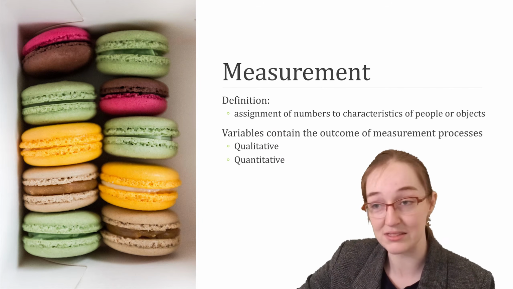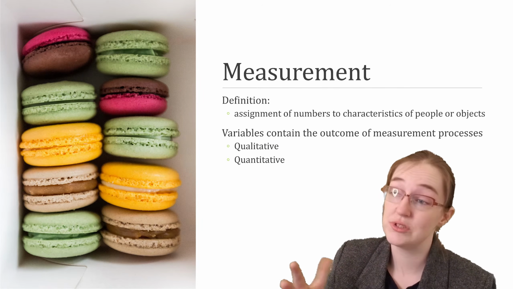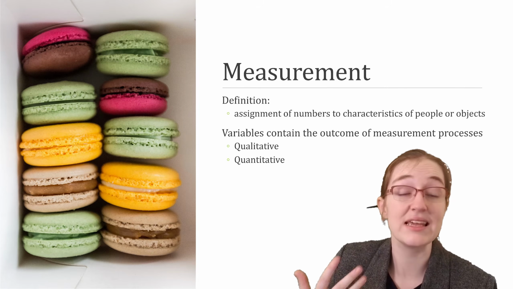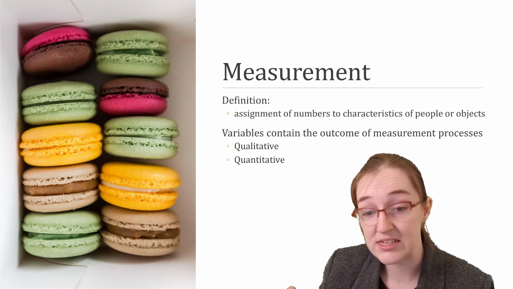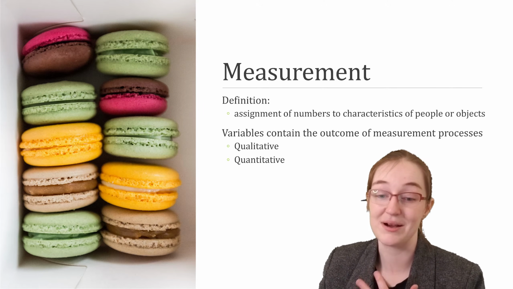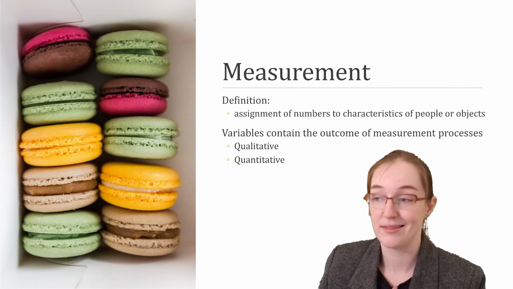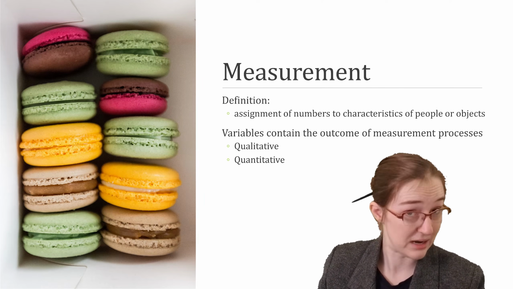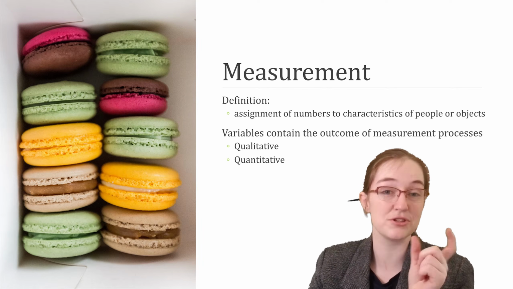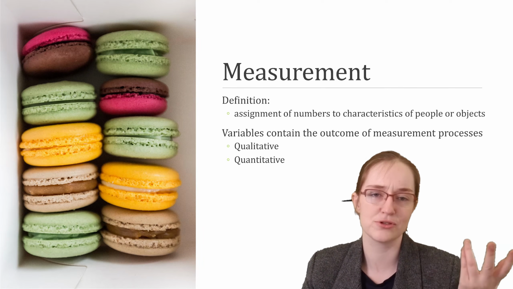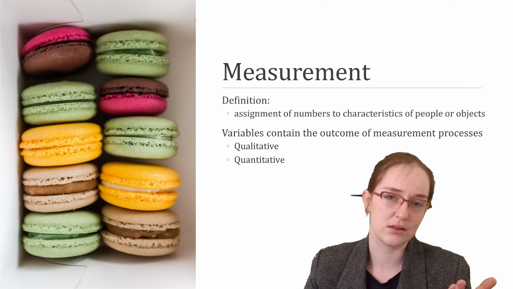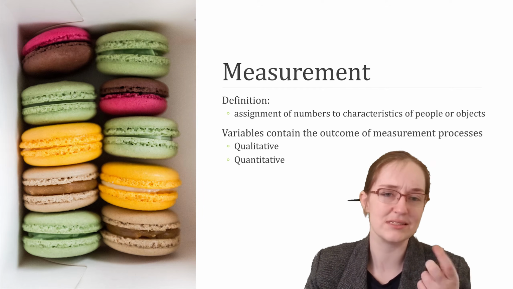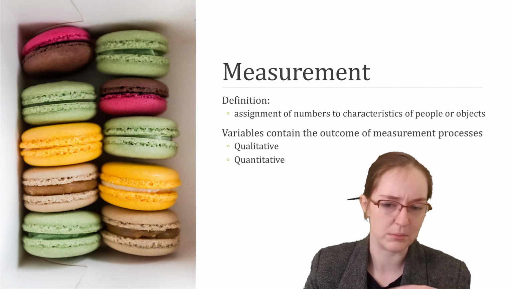And all these different scales of measure can be broken down into two different types of variables. And these variables contain the outcome of the measurement process. So qualitative variables are where numbers represent qualities, not quantities. So under Stevens' levels of measurement, that would be nominal, where it's just a way to distinguish between, but you can't add up jersey 5 and 7 to get 12. You can't add those kinds of numbers together, or subtract them, or divide or multiply,